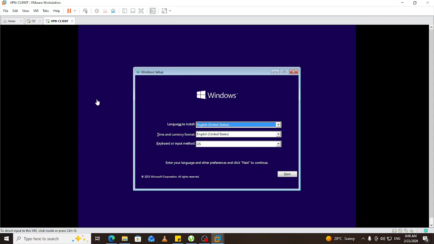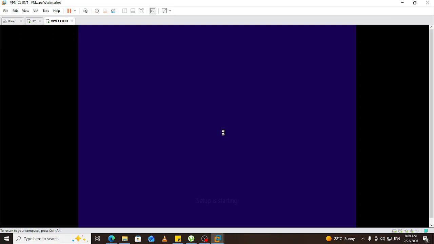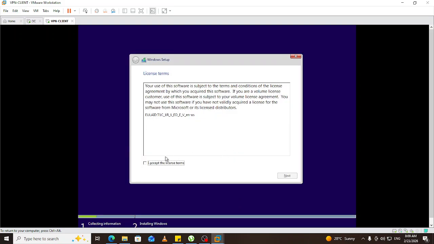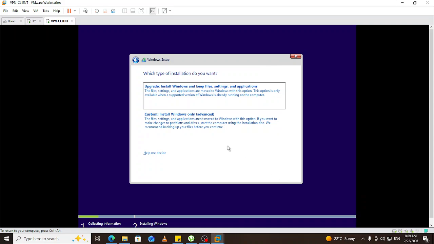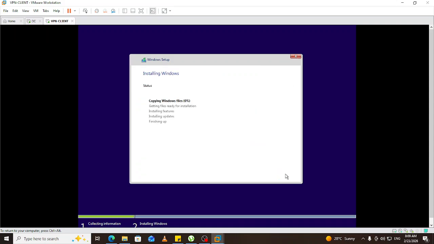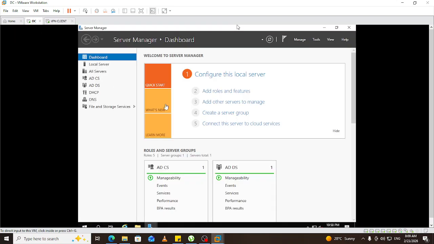So these are the two machines that I'm going to use to do the VPN configuration and also connecting to VPN. Without wasting much time, before we go to the server, I'll continue with the Windows 10 installation, and then we will focus on the server. By the time we finish setting up the VPN on the server, the Windows 10 installation too would be done. So we'll wrap up on this one. Okay, so whilst our client